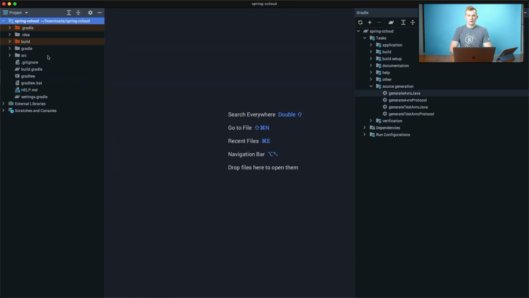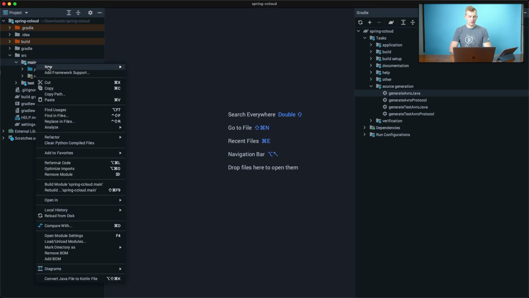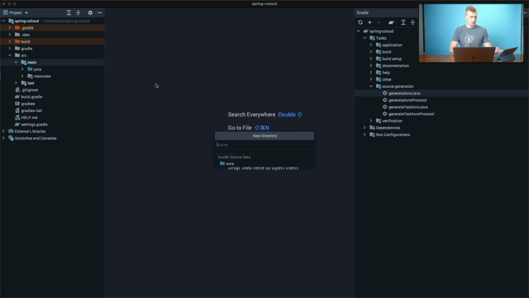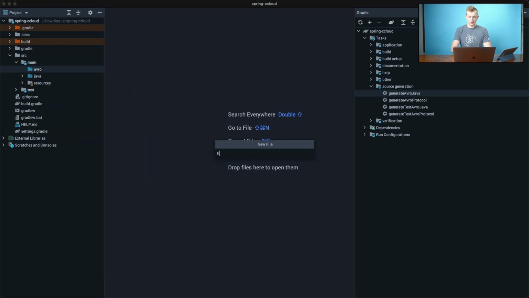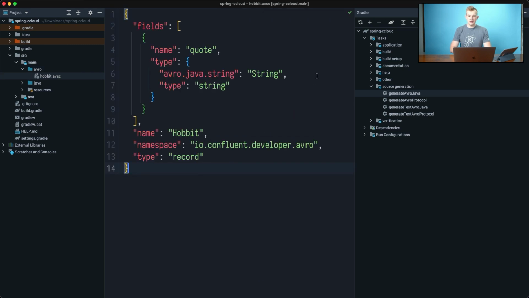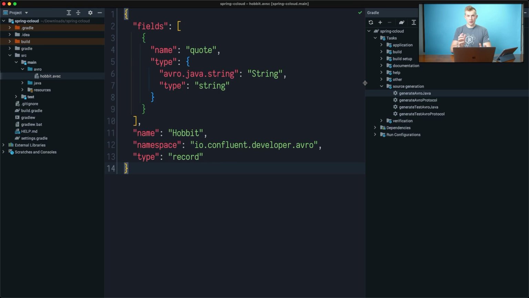All right, in order to generate our Java POJOs, we need to create an Avro schema, for which we will be using the JSON format. Go in here, src/main, and we can create a new folder called avro. And inside this avro folder, I will create a file called hobbit.avsc. In this case, we're going to be using this schema that represents this Hobbit object that will be holding one property called quote. So we're going to store our string that was generated using the Faker library,